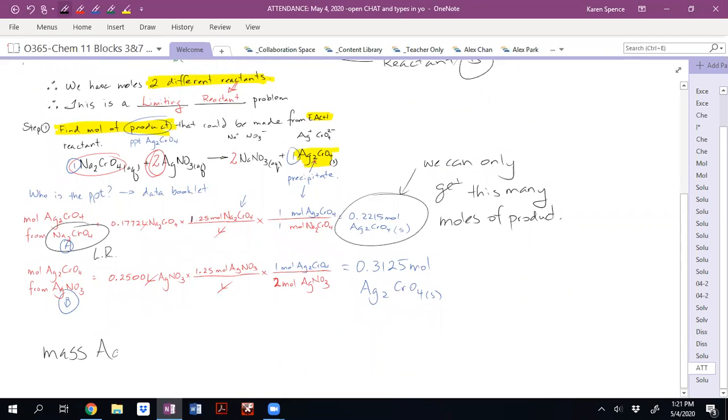Okay. So then we can find the mass of our silver chromate. Why am I putting brackets? There's no bracket. Ag, and it's not silver nitrate, it's silver chromate. If I make a lot of mistakes today, it's because I've been awake since 3 this morning, like a crazy person. Don't ask me why. So we can make at most 0.2215 moles, and then we can calculate the grams